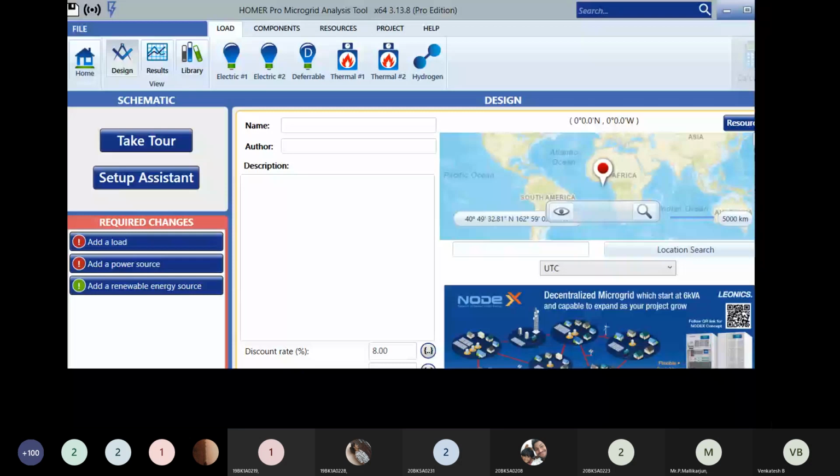On the right side you will have a global map. You can give the location, and a location search option is there. Press on that location search option. Immediately whatever location you are giving, you are able to find.